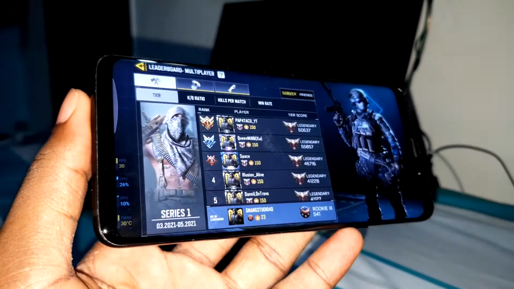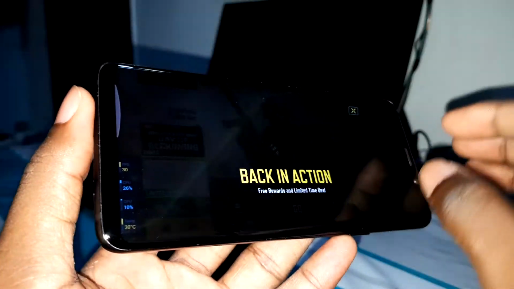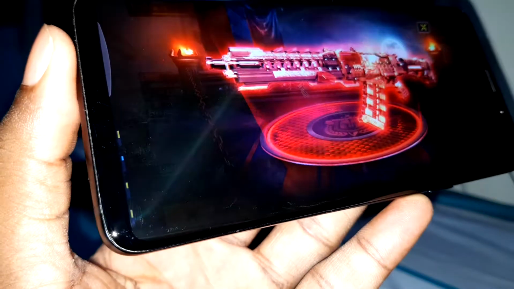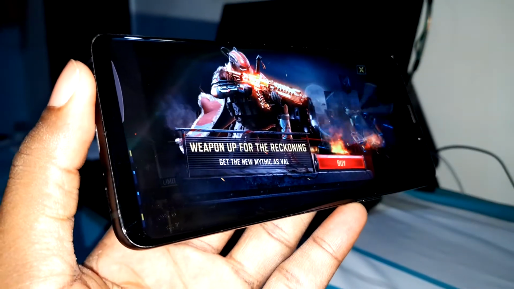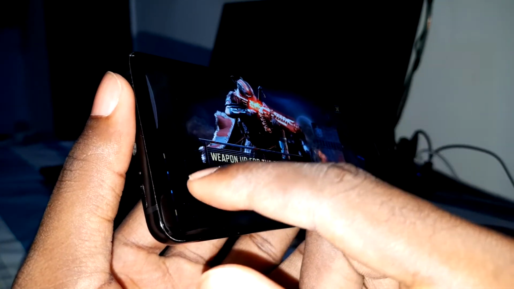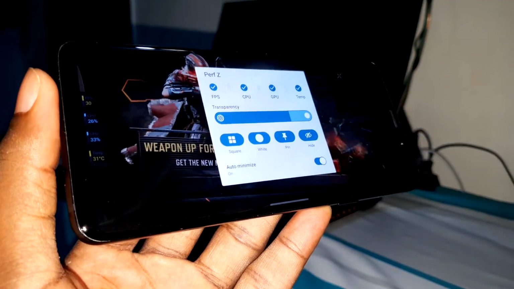For example, let's see. As you can see, it's here. When you play, you can see it disappear like that. Do you believe this? Now I can do the same action. Hold. When you hold, you can access the settings directly here.